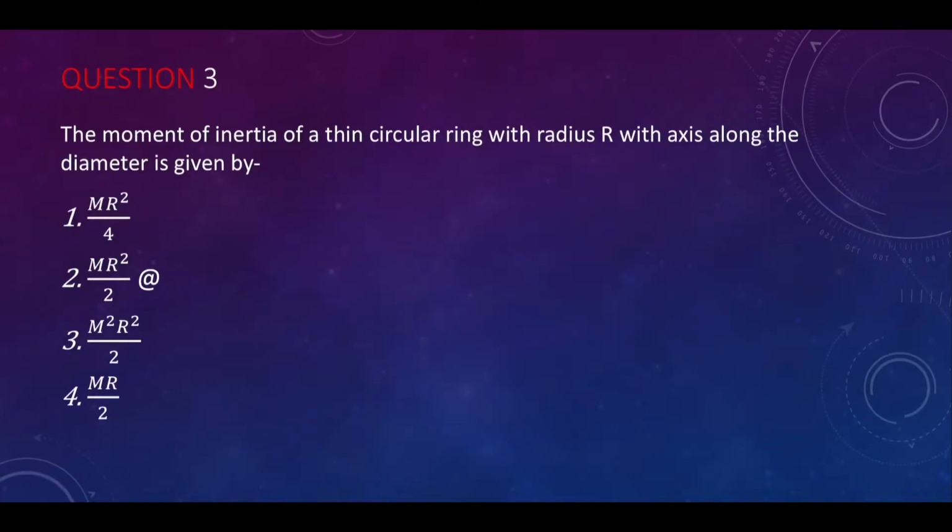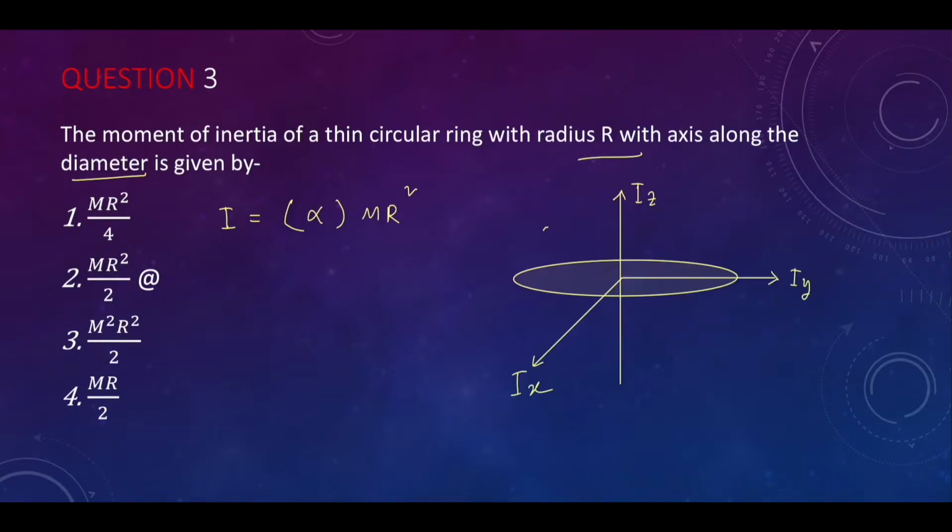Question 3. The moment of inertia of a thin circular ring with radius r with an axis along the diameter is given by. As we know, the moment of inertia is always proportional to m times r square into a factor alpha. Alpha is a number. Here Iz is the axis passing through the center of the ring and perpendicular to the plane of the ring,